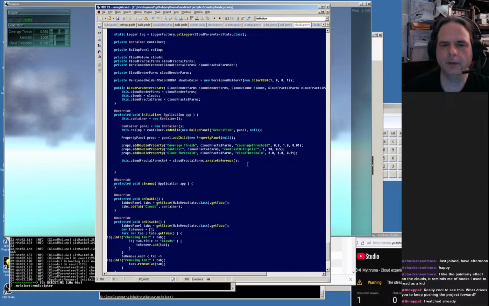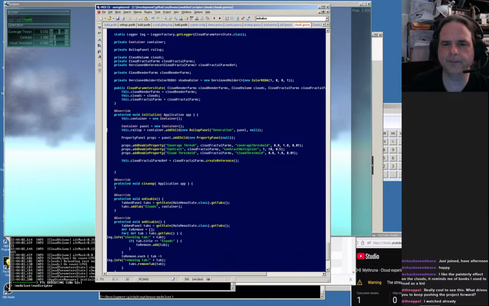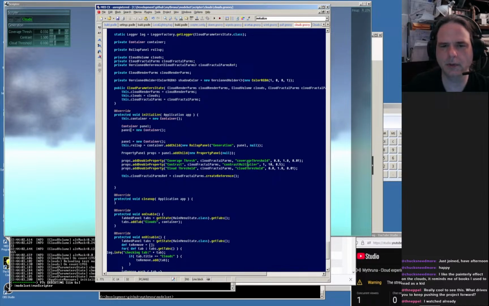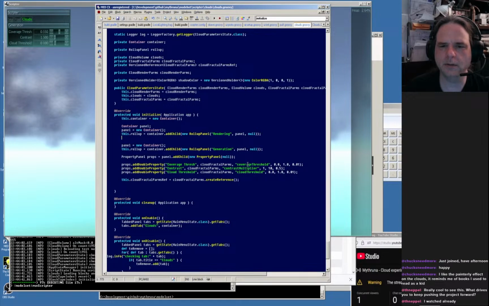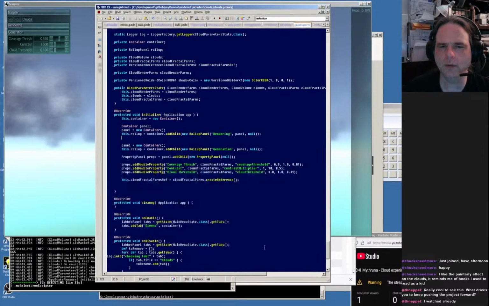Okie dokie. What this will allow me to do is have a separate panel for other things. So we'll do generation at the bottom. Rendering. Okay, so now we should get 2 roll-ups. Yeah, this rendering doesn't have anything in it yet. Okay, cool, cool, cool. And what we want in there is